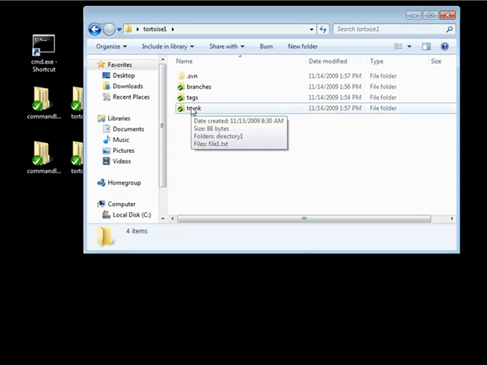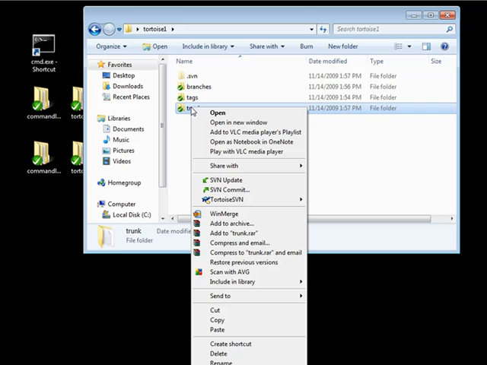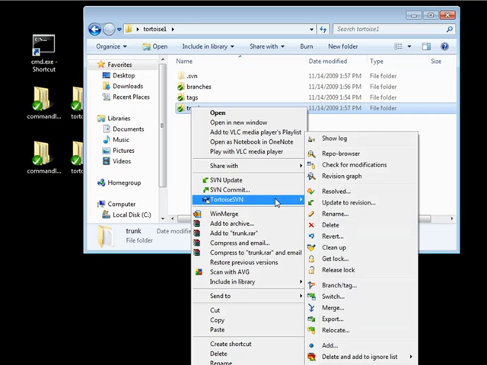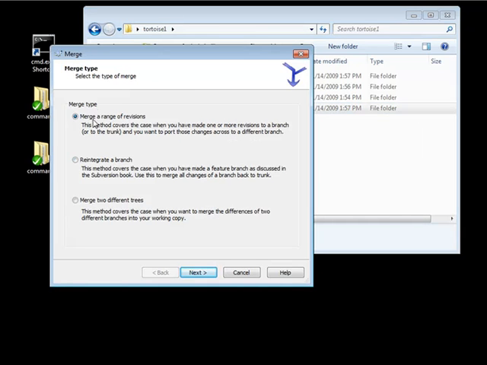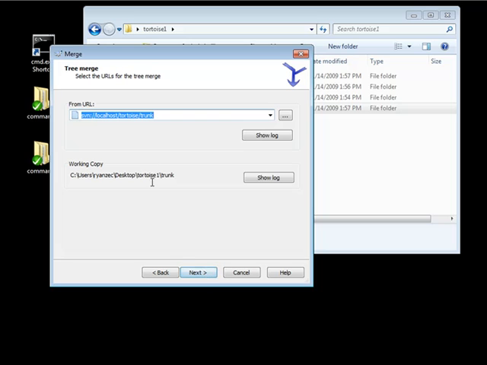So again, we're going to right click on the folder that we want to merge files to, which is our trunk. Go to Tortoise SVN, I'm going to hit this merge option. Now it gives you a few different types of merge, but what we're going to do is reintegrate a branch. So we're going to take a branch and reintegrate it into our main line of development. Click on Next. Notice it's going to ask you the from, and it shows the working copy. Now we're going to be taking our changes from branches/branch 1,